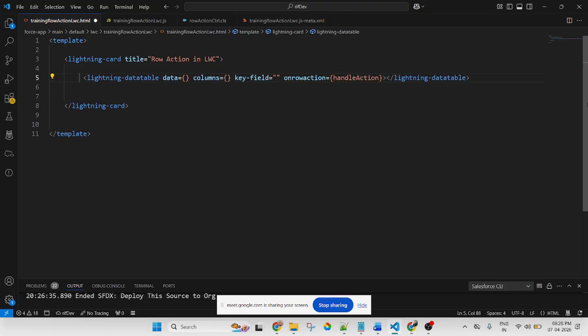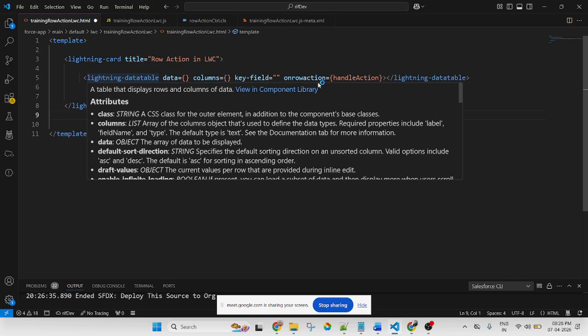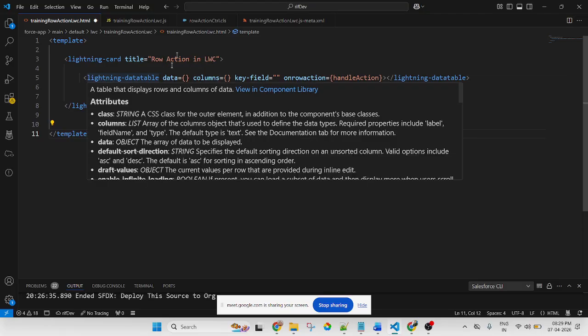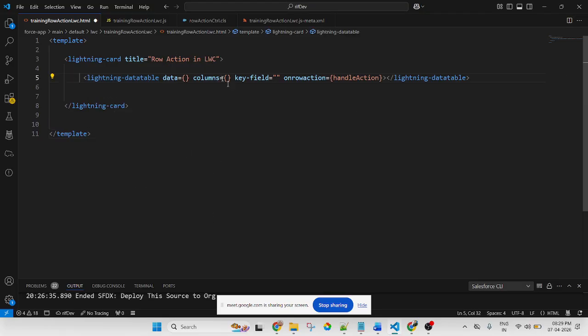I'm passing the method, which is a JavaScript function. I will create variables and pass them into the component. There are two variables applied in JavaScript that will be passed here.